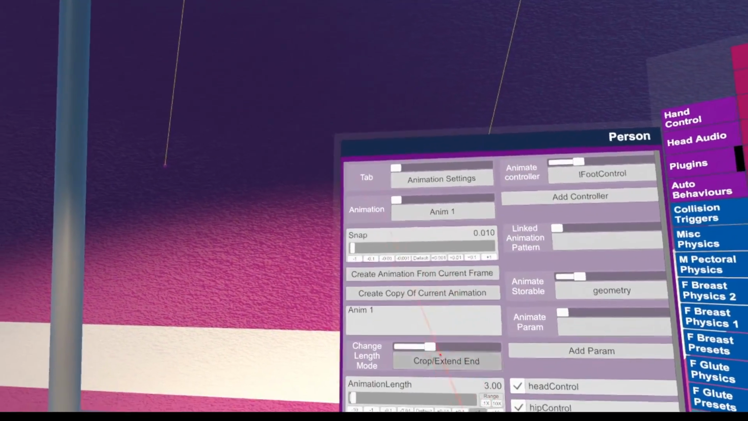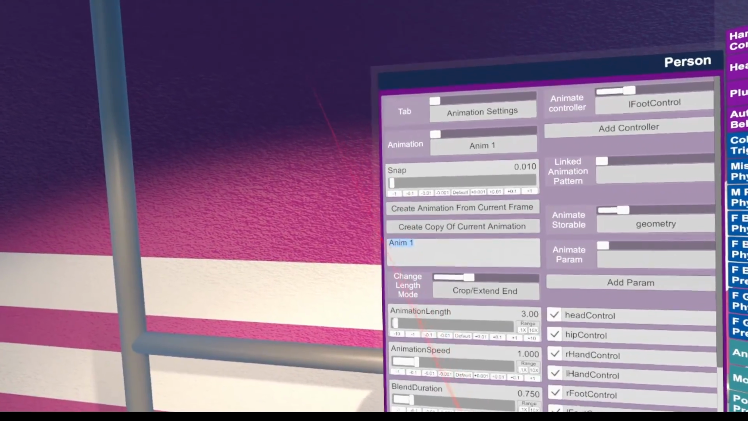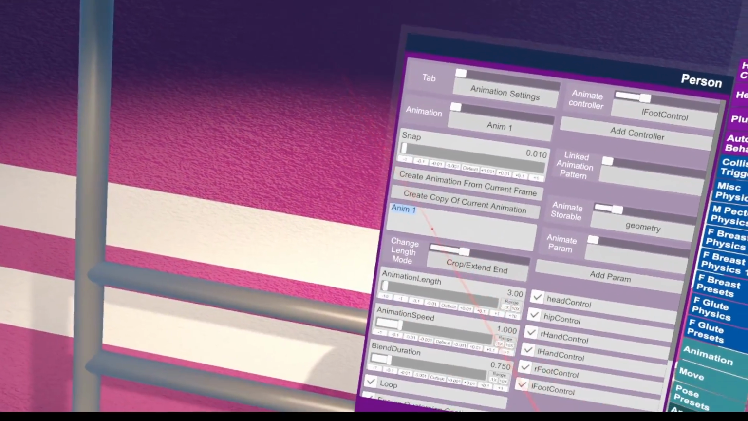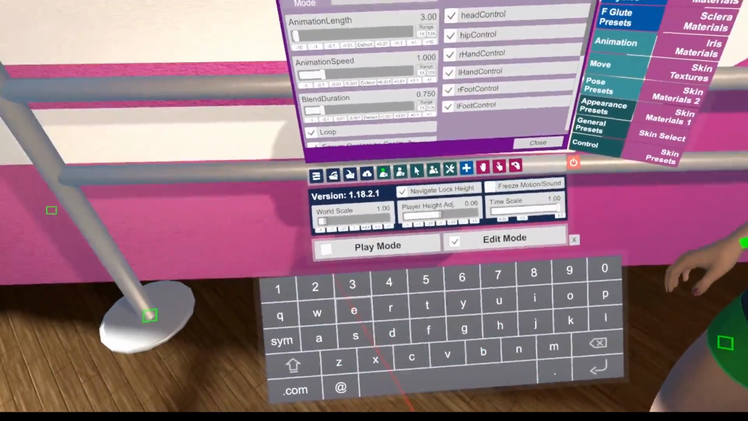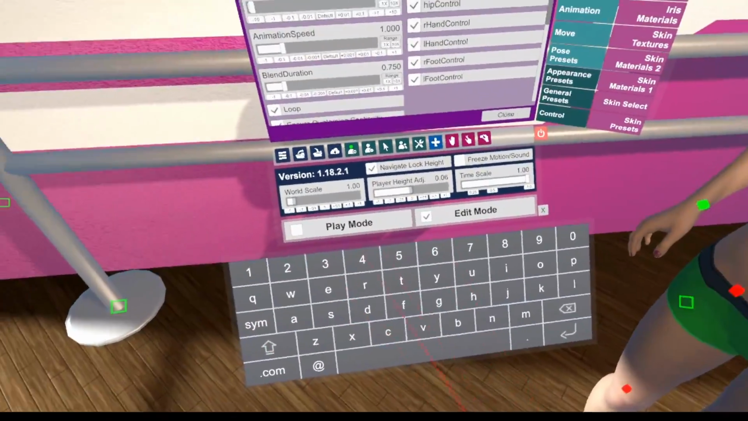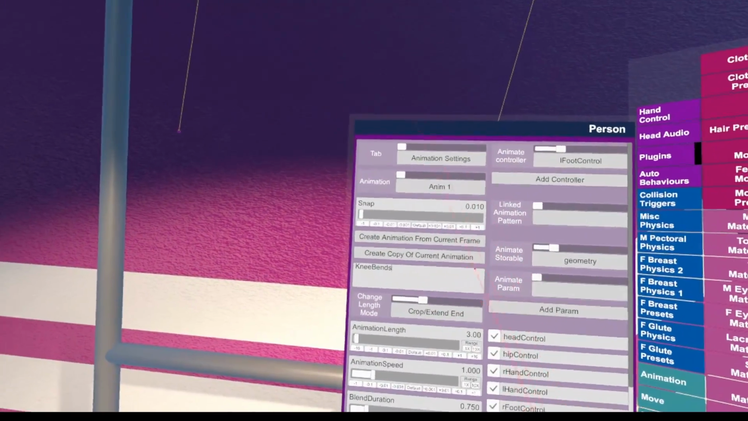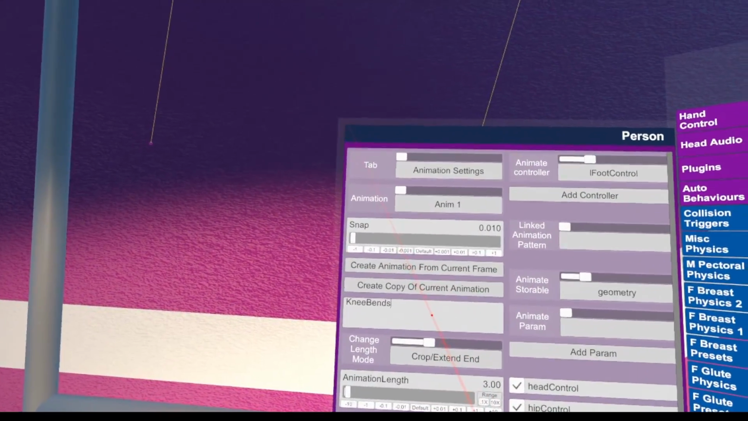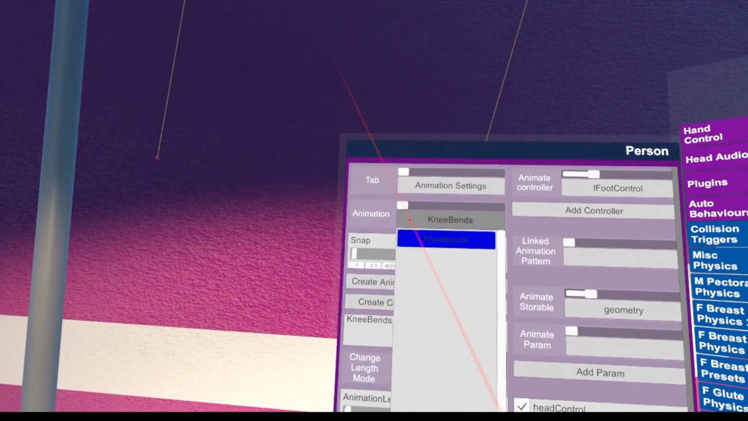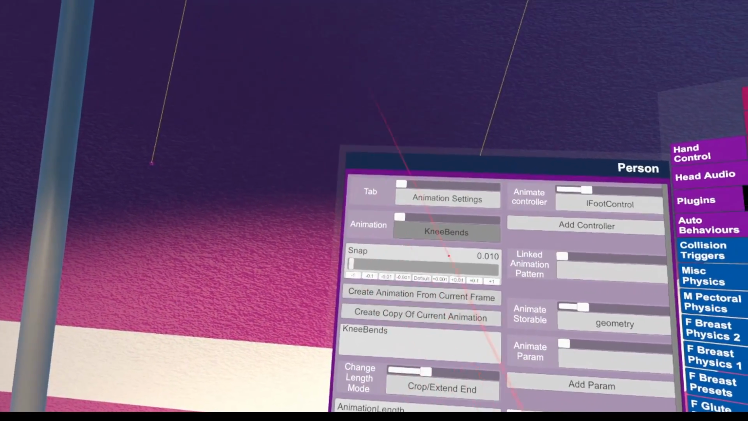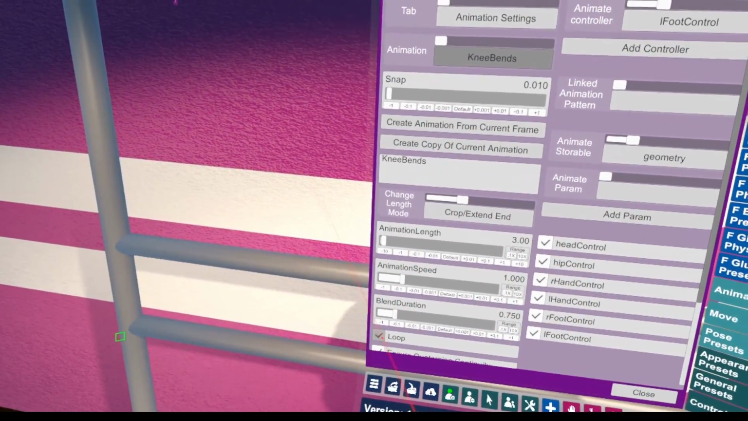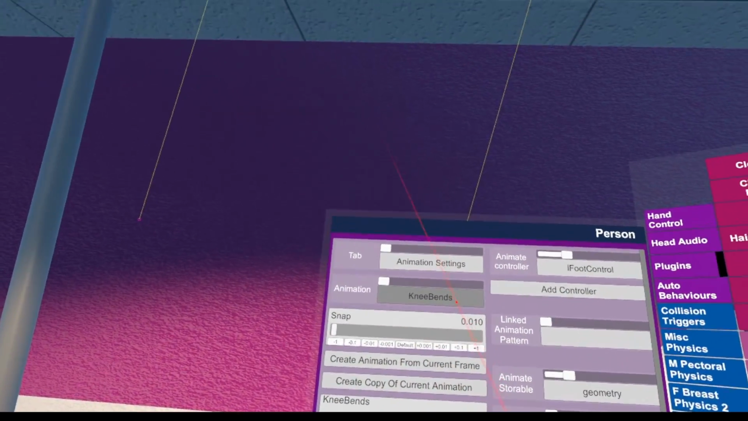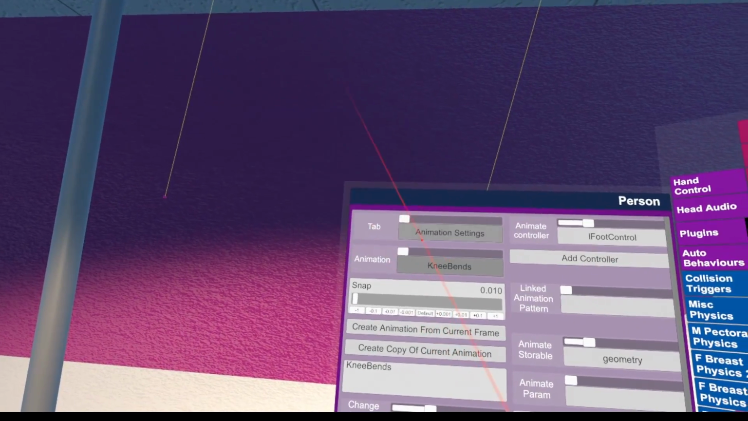And finally, we give our first animation a name. This is very important when we want to create many animations. Let's call this one Knee Bends. It is visible in the drop-down fields as soon as we click on it. Okay, loop is active, we have 3-second animation length, name is there, now we are okay to head over to